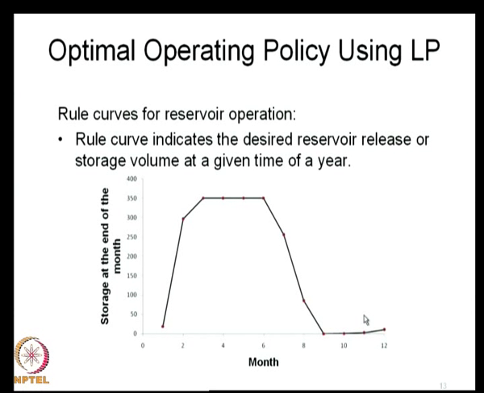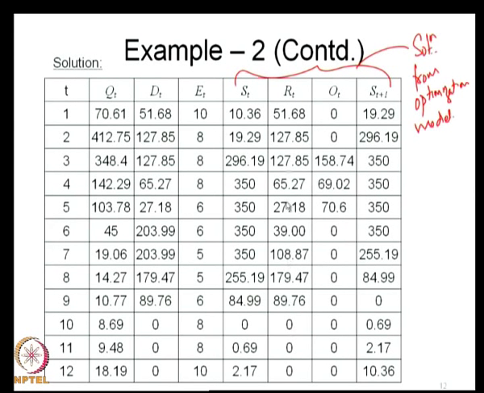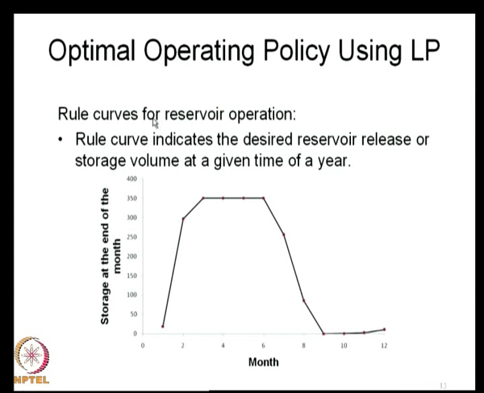Of course, remember that this is by far the simplest optimization problem that we solved, but in general this is the procedure that you adopt. You solve the optimization problem, obtain the storages and then specify the policy of maintaining the storages. Associated with these storages, remember there are also optimal releases that you are maintaining for meeting this kind of demand patterns. So, this is how you specify the operating policy.